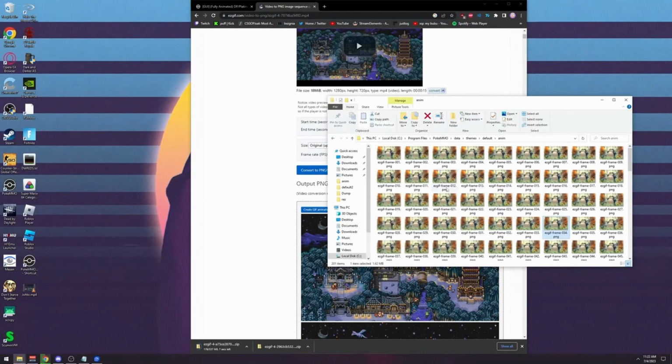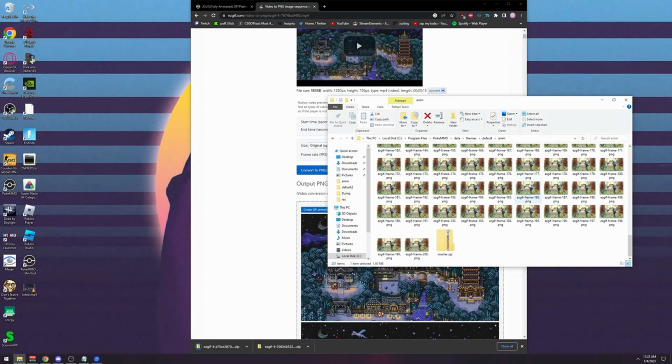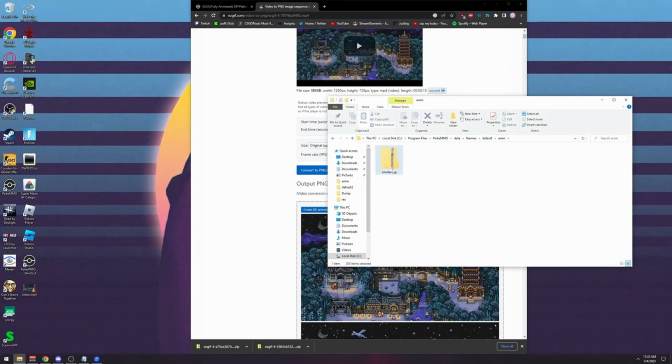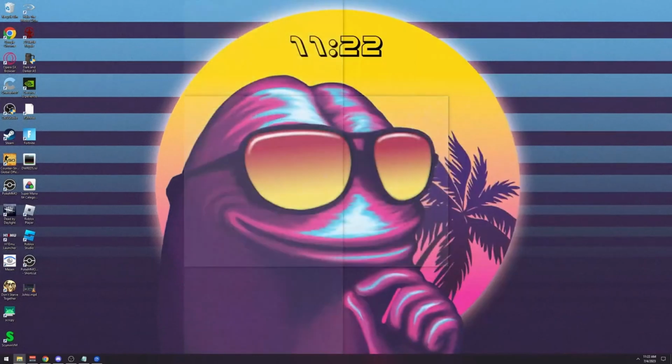While that's downloading, though, we're going to actually want to get rid of the Snorlax. Since we're not going to be using the Snorlax here, just go ahead and highlight all the Snorlax photos and just hit delete. I'll have a zip folder in there for the Snorlax files if you like the Snorlax login screen. And then what we're going to do is once we finish downloading,